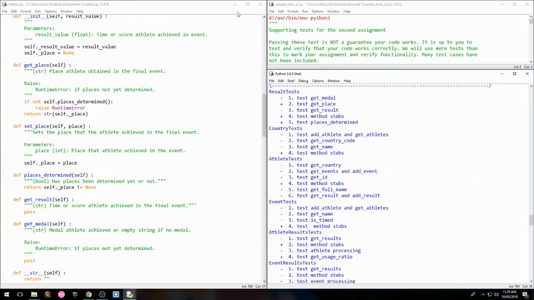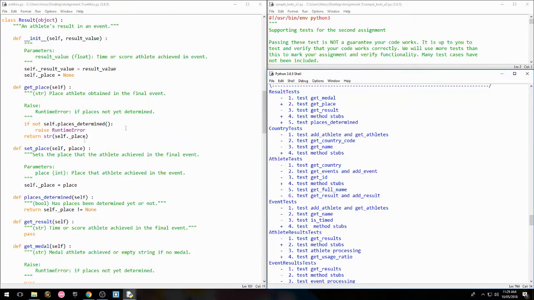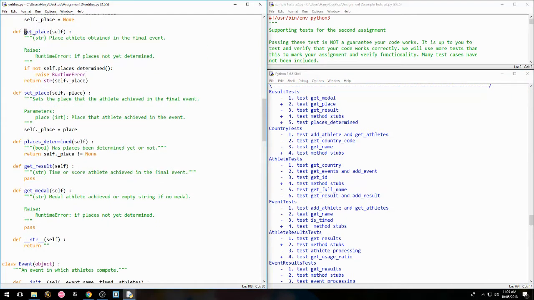So this sort of way of coding the assignment, as in doing a little bit of functionality and then running the tests and checking that they work, is what I would say is the best possible way of going about doing the assignment, as long as you have a good test suite behind you. And that's generally what I'm going to be doing for the rest of these tests to make sure that everything's working fine. Okay, so now that we've done getPlace and setPlace and place is determined, we can come down